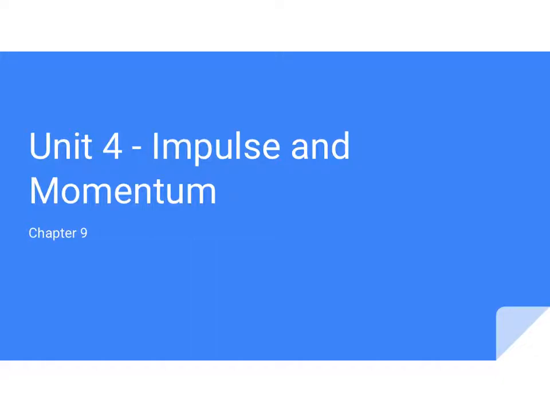All right, so we're getting ready to start our next unit, which is Unit 4 on impulse and momentum. And quite honestly, in terms of equations, this is actually a very, very lax unit. Only a few different equations that we need to worry about. And it's primarily used when we deal with things like collisions. So anytime you see something hitting another object, impulse and momentum is typically what we get into as the best